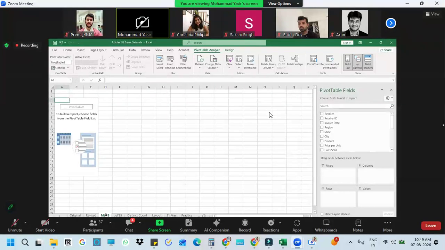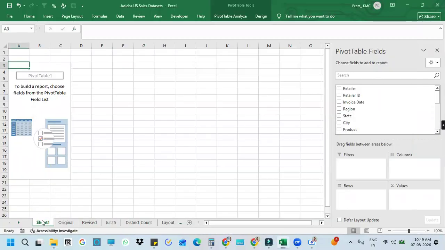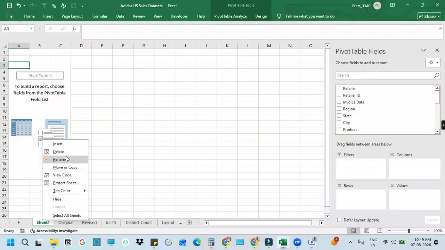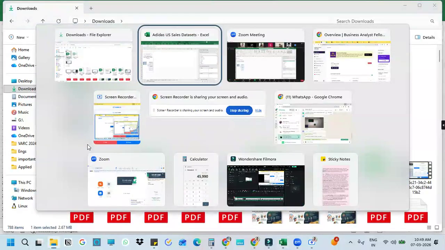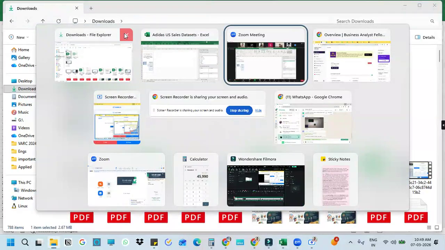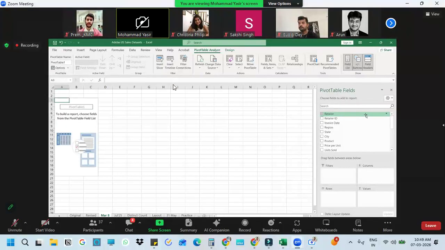Okay. So this is the view, or this is the summary where we will get our summarized view. And these are our fields which we can drag and drop. So pivot tables largely is a drag and drop functionality. We need to just identify what column we need to add, what values or metrics we want to add, and how will we add the filters. So for example, in this case,